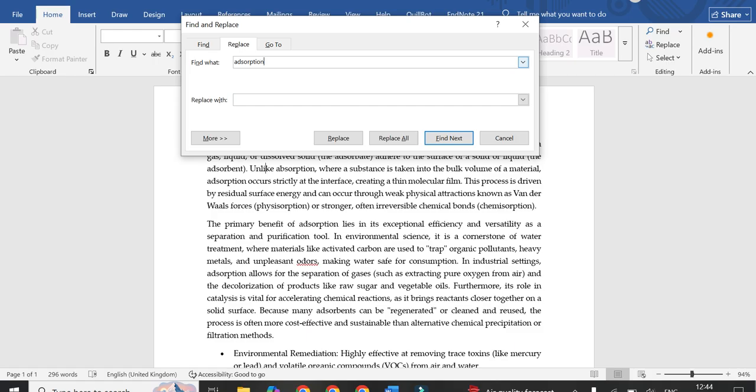I need to find the adsorption word throughout the document, and what I want to replace it with, I want to replace it with absorption. So this is the word with D, adsorption. It is a surface phenomenon and I want to replace it with absorption, with the letter B. So I have to find the adsorption word throughout the document and I want to replace it with absorption throughout